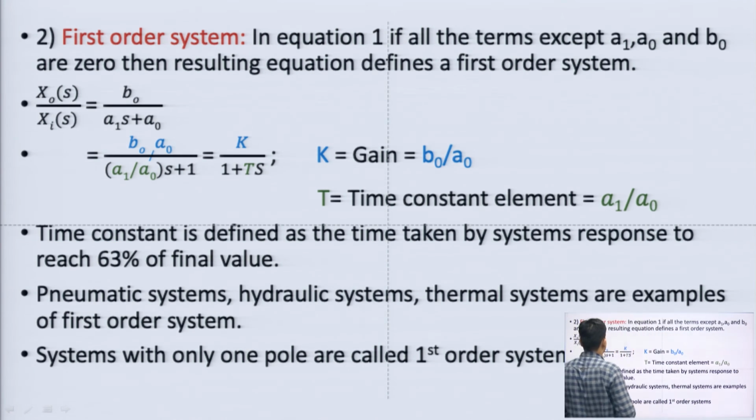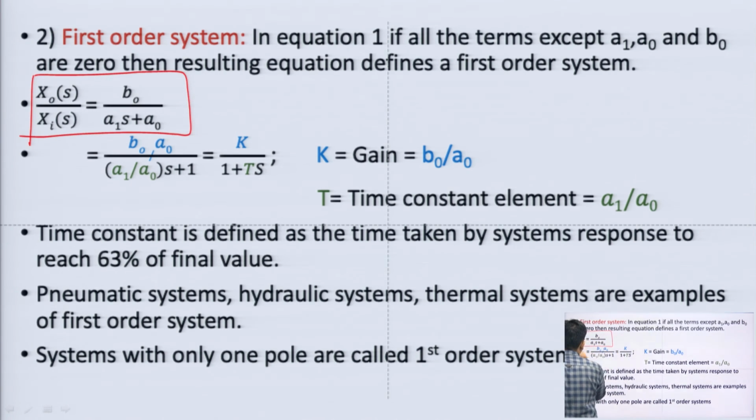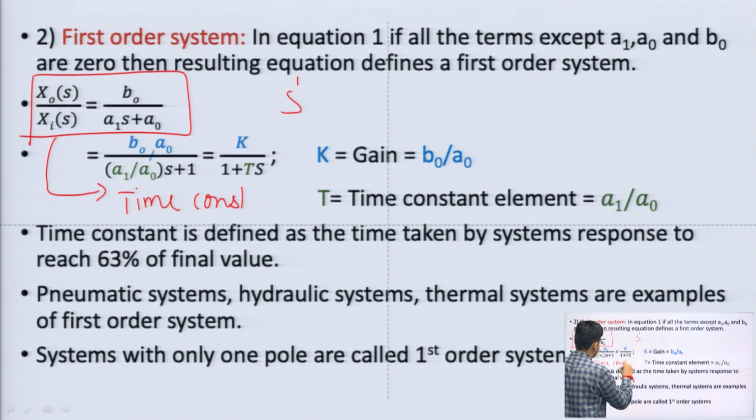In the first order system you will find the transfer function like this, where the highest power in the denominator is s raised to power 1. So, this is b naught over a 1 s plus a naught, and now we would like to convert it into a standard format which is known as time constant format. When we study unit 4 and unit 5, we will discuss it. We need to write this expression in terms of 1 plus s T.